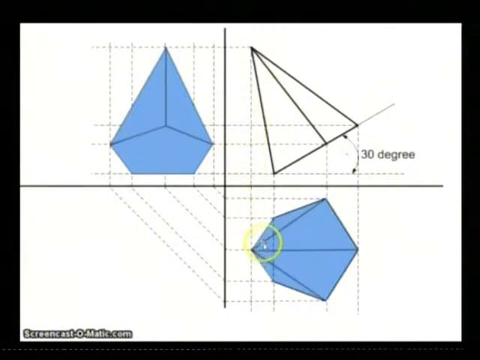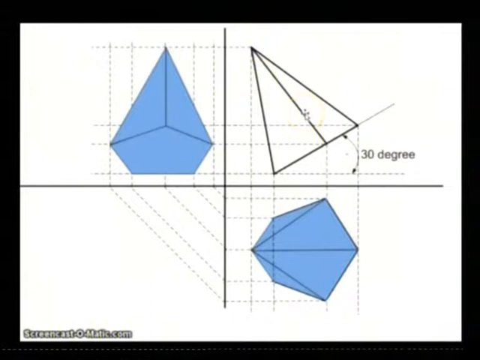Once you have the top here, then you can connect these lines here and these 5 lines, and that will give you the top view of this pyramid after it is lifted 30 degree, so that it makes the 30 degree with the horizontal plane here.